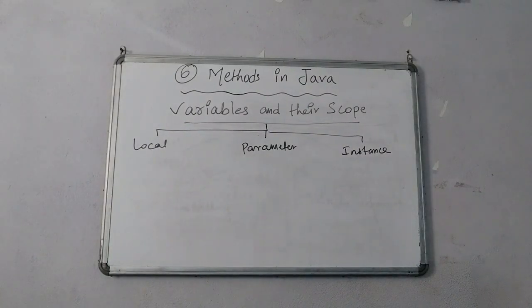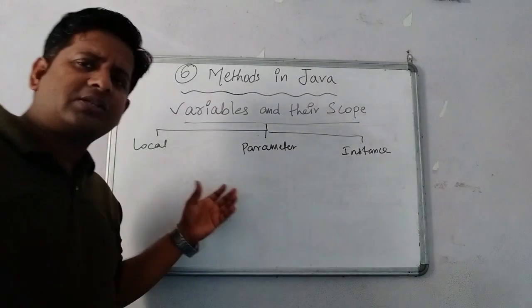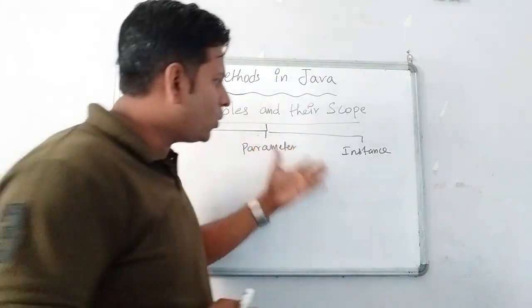First of all, local variable. Local variables are those variables that are declared within a method or a block. Means their life is within a pair of curly brackets. Whereas parameter variables are formal arguments that receive the values passed by actual arguments, known as parameters. Instance variables refer to data members of an object in a class. In case of instance variables, separate memory will be allocated to each object. So children, these are the technical definitions. Now practically let us understand local variable, parameter variable, and instance variable.